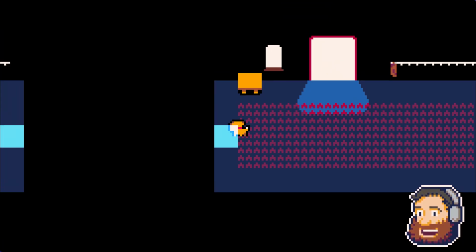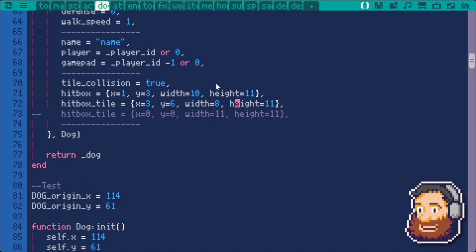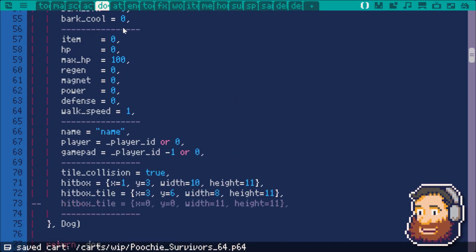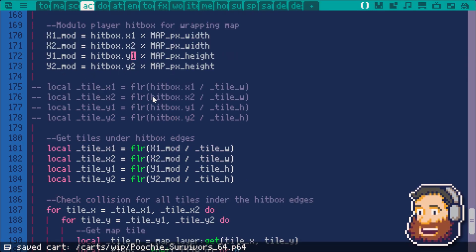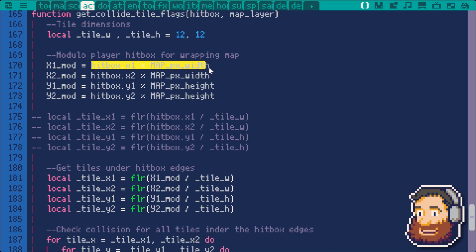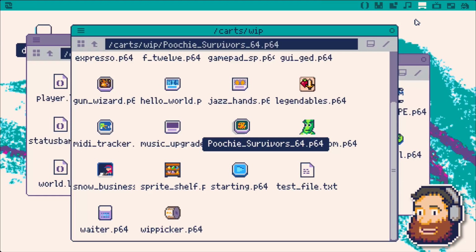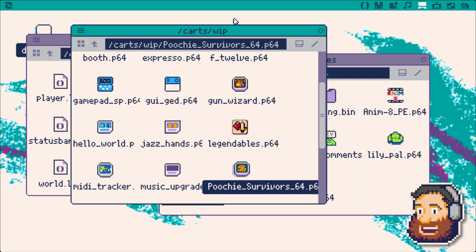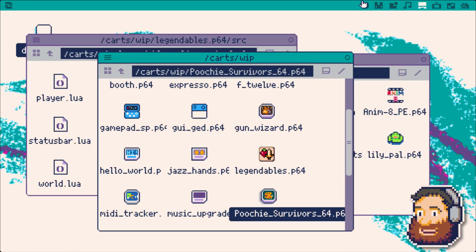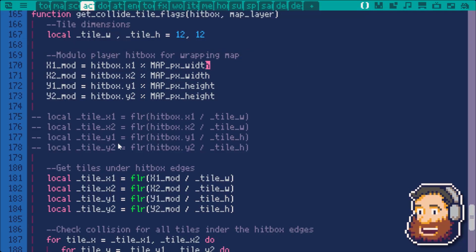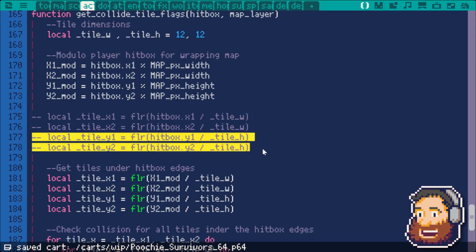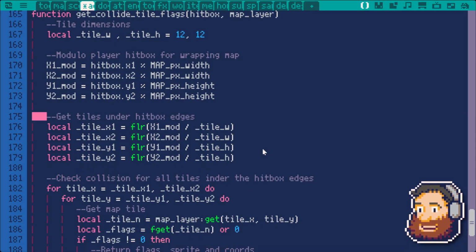Bam. Sweet. So what we ended up doing was using modulo right here. We took our hitbox coordinates and we moduloed them by the pixel width of the map. And that worked, so that is fantastic. And that is on an actor basis too, so that means it will work for all players,